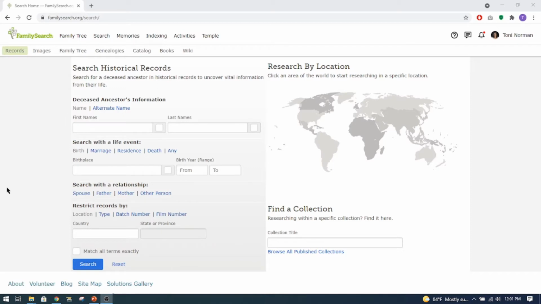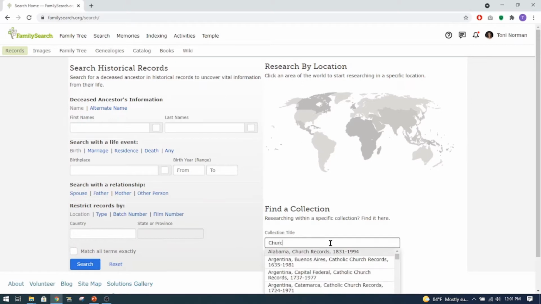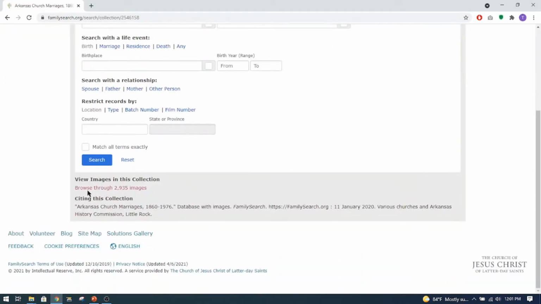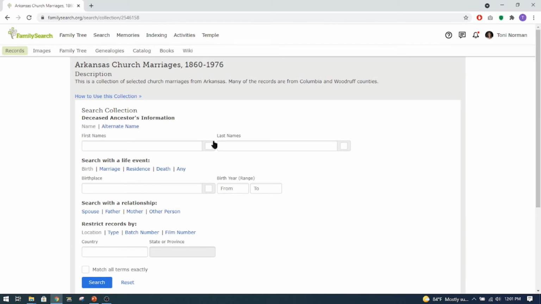Okay, I'm going to continue on. I want to show you Arkansas. Let's look at a record there. So I'm just going to go ahead and type in church marriages and go to Arkansas. What I wanted to show you on this one is that it has a browse images, and it says 2,935 images. We could put in some names here and see if they come up. I'm going to go to this browse images,